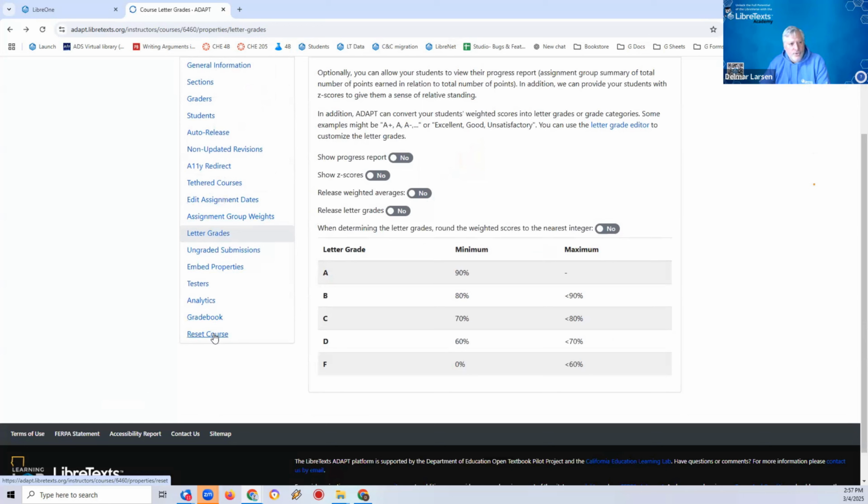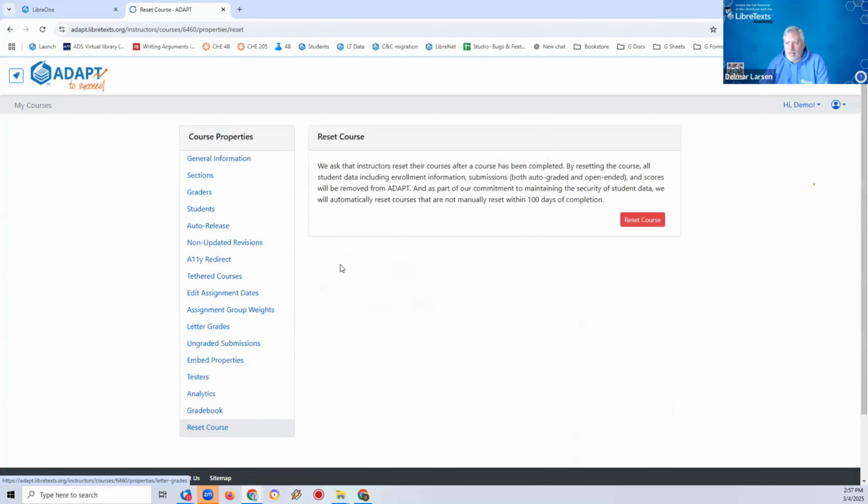The reset course is the nuclear option. If you click on the reset course, it will erase all student scores, all student enrollments, and it'll make the course as if it were completely empty, from scratch. If you're into Ready Player One, this is the cataclysm that basically wipes everything clean. We ask that instructors do that within 100 days after the course is over, because we don't want to be sitting on student data.